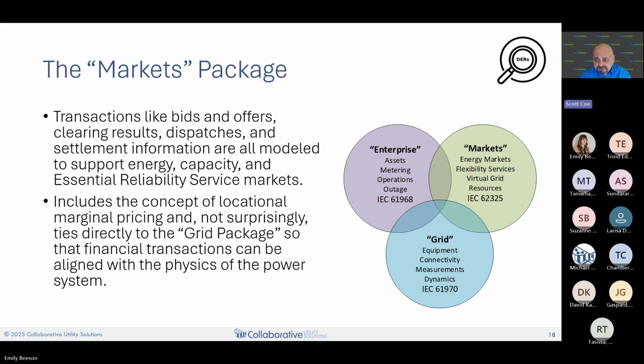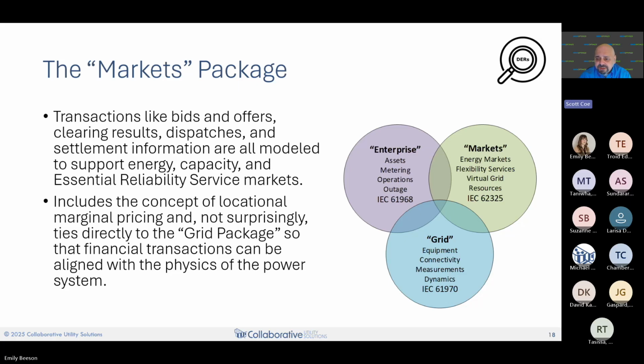This supports all of the markets we have for wholesale, like LMP calculations, ancillary services. It's of course been extended to cover flexibility services at distribution and virtual grid resources. So I like to think of this more as the virtualization package than the markets package, because you could use these concepts even in a vertical utility that needs to determine if it should call a demand response event or turn on one of its own generators.